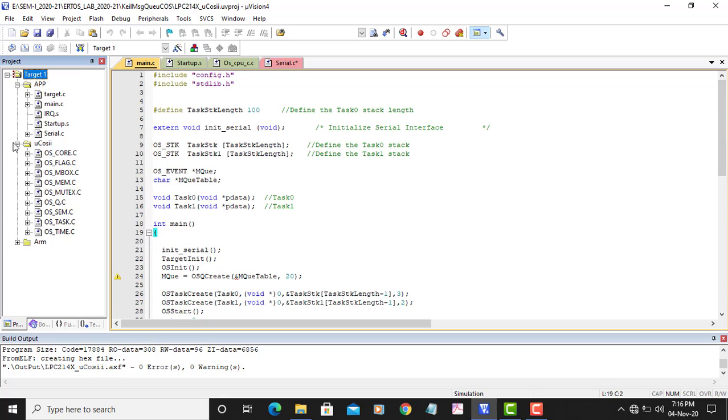Now, how to create a project for this MuCOS2? For creating a project in MuCOS2, you have to carry out certain steps. Here I have directly opened the code file, but you have to go through a series of steps. If I go through those steps, the video will be rather lengthy. So my suggestion is you go through my